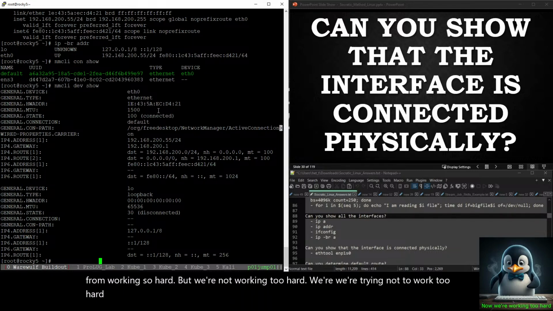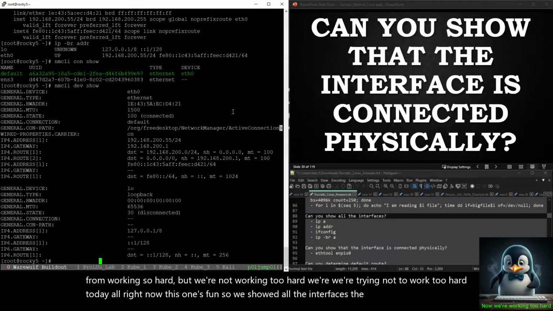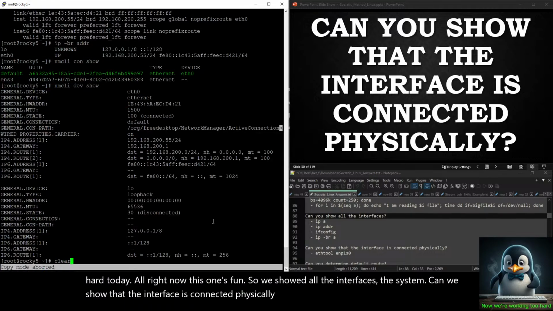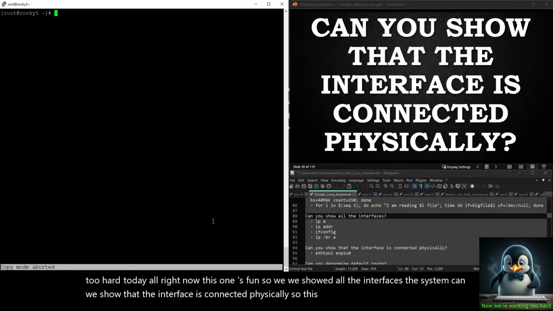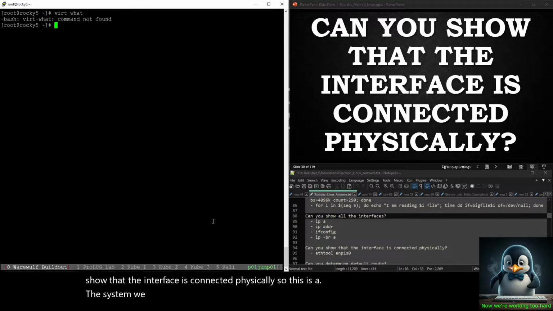All right. Now this one's fun. So we showed all the interface to the system. Can we show that the interface is connected physically? So this is the system. Oh, we don't have a vert. What if we grep